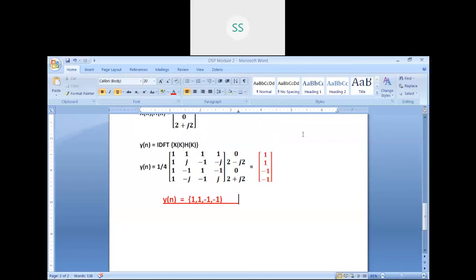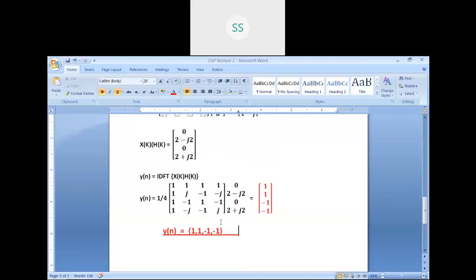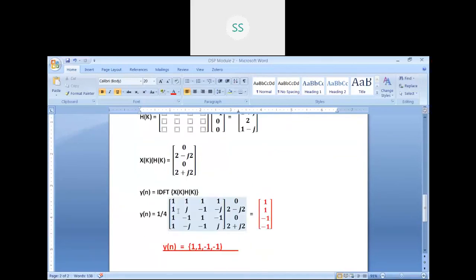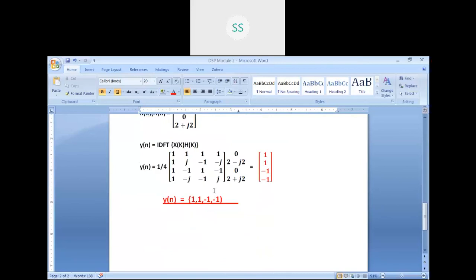But here we are not adopting that method. It is again the linear convolution output only, but the method uses DFT and IDFT. Both DFT and IDFT are involved, and using these two we generate the linear convolution operation. Here also h of n represents the filter impulse response, because according to the filter impulse response our sequence x of n is affected. Every operation is the same; only instead of direct time domain convolution, you are adopting it in the frequency domain by employing both DFT and IDFT.